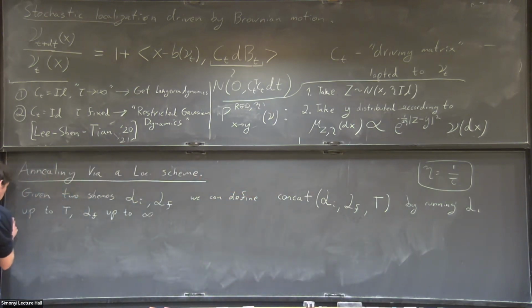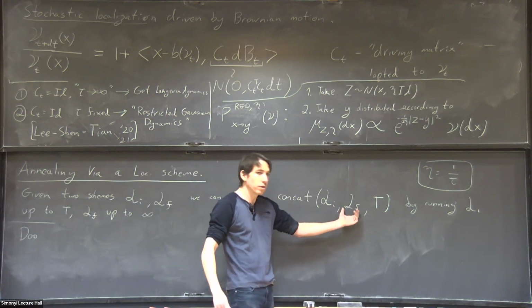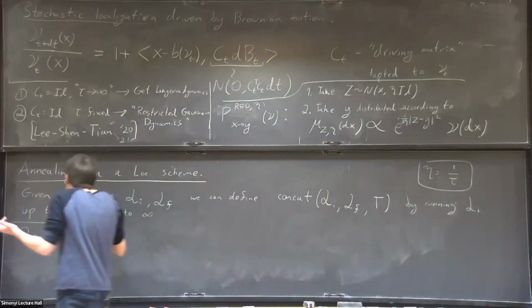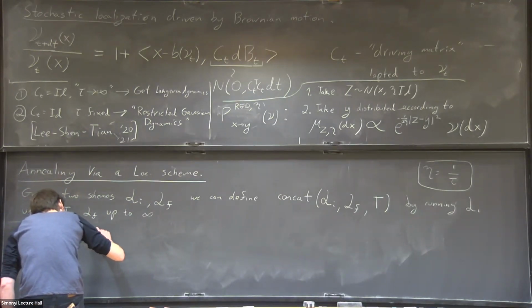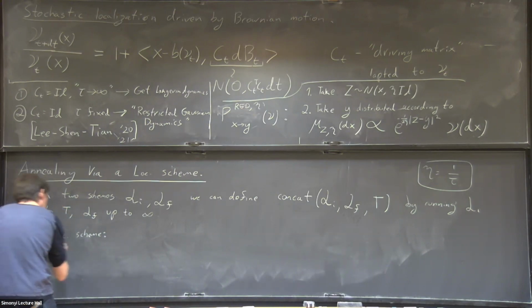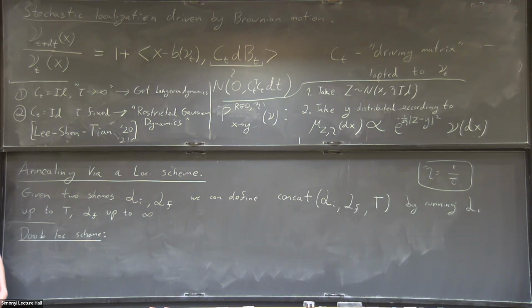So I'm just going to state, okay, so for this I need the following definition. What I said now works for a class of localization schemes called dub localization schemes. So what is a dub localization scheme? It's a localization scheme that can be defined by picking a random point from the measure and then picking a random filtration on the space, and then conditioning gradually. The scheme just comes from conditioning with respect